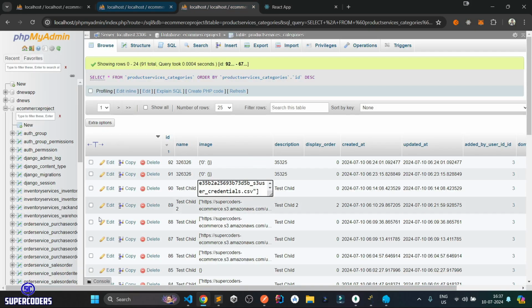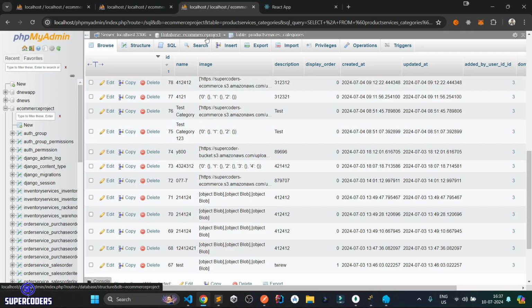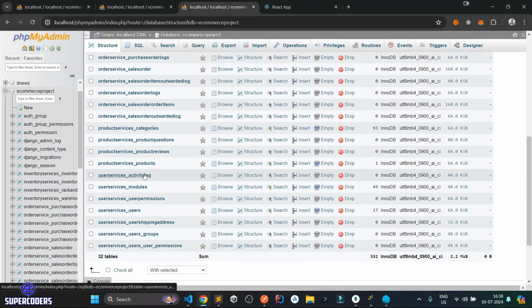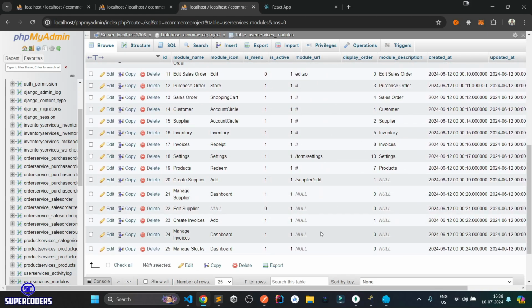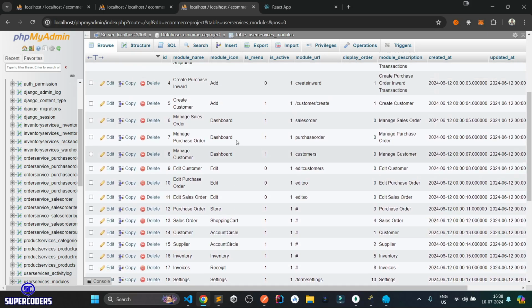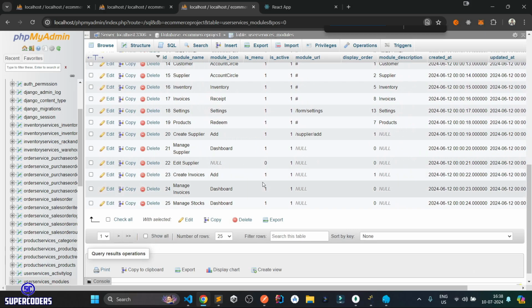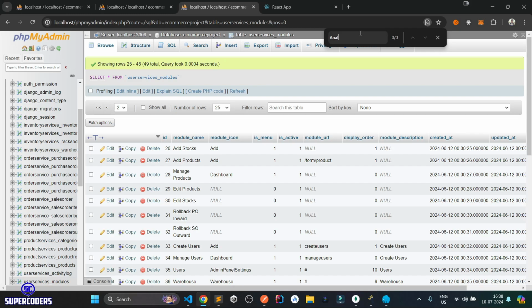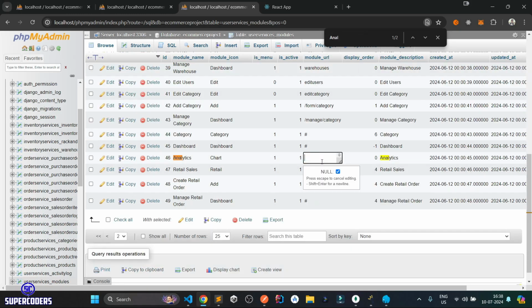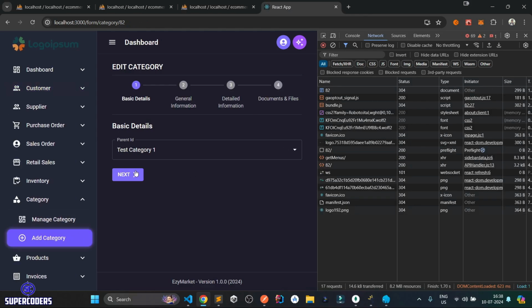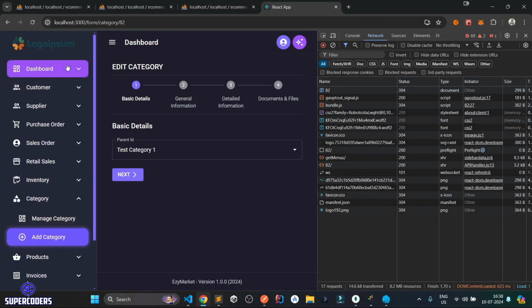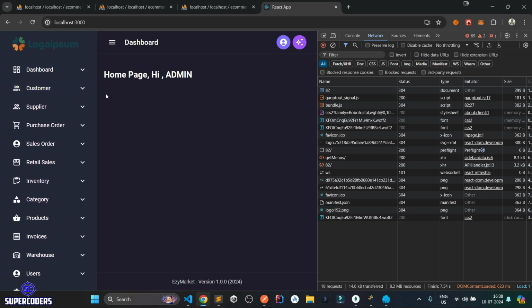Let's fix this. So for that, what I'm gonna do? Come to my database and open the modules. Changing the analytics path. Let's find the analytics. Yeah, I think it is on the next page. Analytics. Change this to simply blank. If I refresh the page, now it is perfectly working. You can see in the edit page, it is showing my category active. If I check analytics, that is also